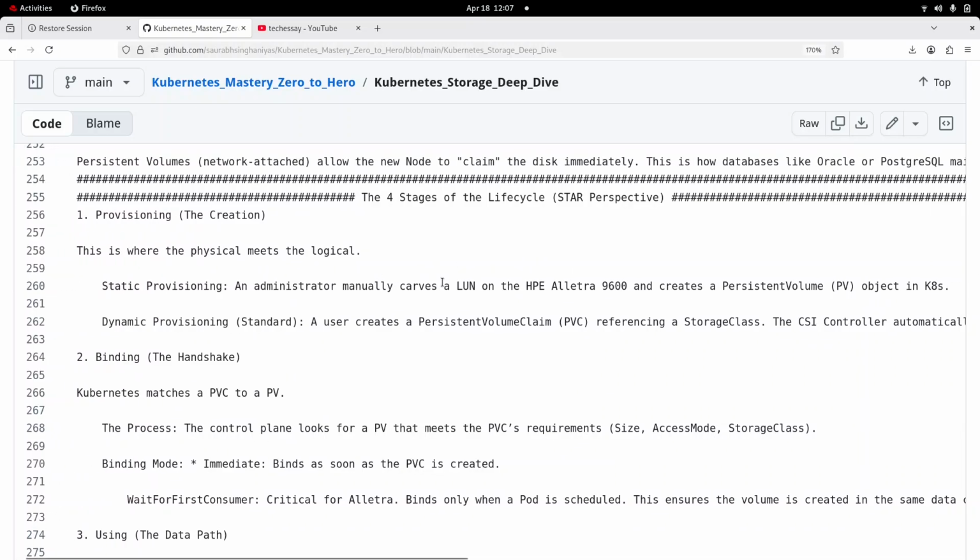Okay, static provisioning means, as I showed you, I have manually created the persistent volume in my local disk, or it can be carved from third-party LUNs, but here you have to manage the PVs. But why does Kubernetes exist? To minimize our overhead. So why would we use static provisioning? In most production cases we will use dynamic provisioning,